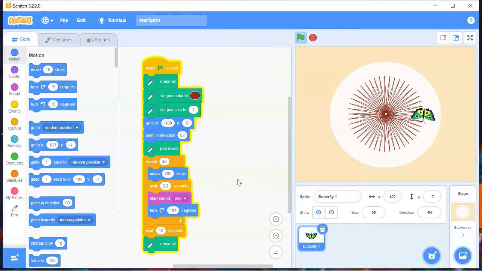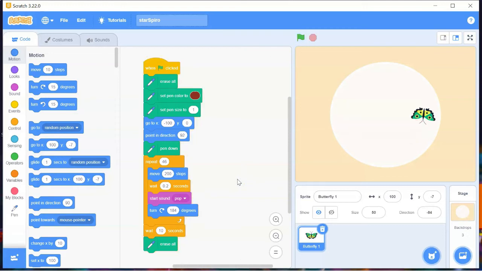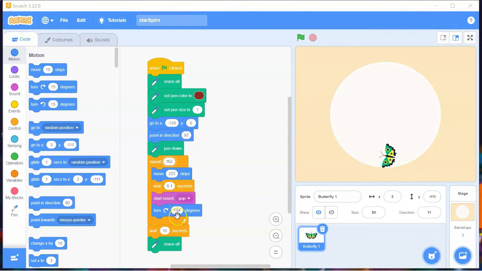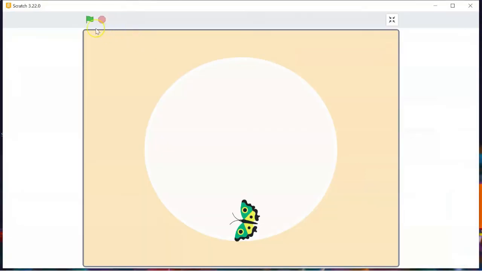Now you can try this for different angles. I'm going to show you different angles now. Now I have made the angle 194 degrees, and I have set point in direction to 97, and I'm going to run this program. Just see what will happen.